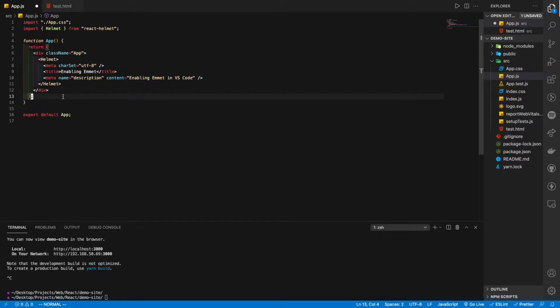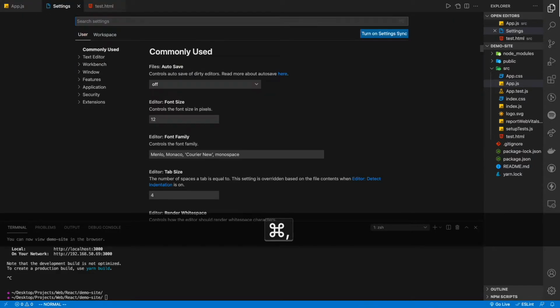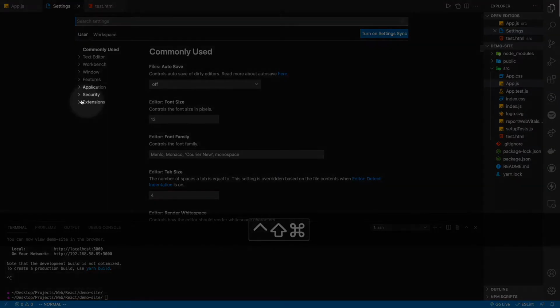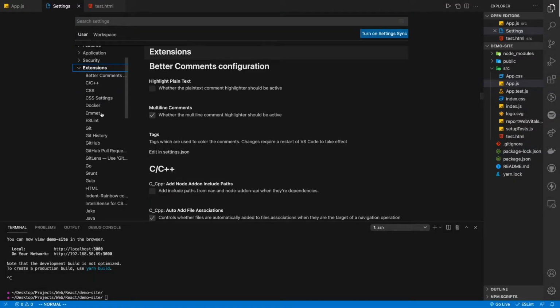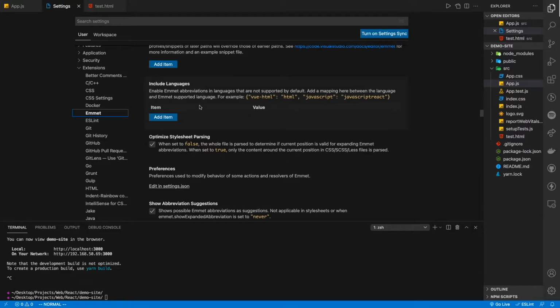Alright, so the first way, which is perhaps simpler for most people, is to open up your settings by doing Command comma or Control comma on Windows, and then under the Extensions tab over here, click on it, and look for Emmet, which is by default already enabled, but here you need to also add in JavaScript React. So if I click Add Item, I can just copy this JavaScript and paste it here, and JavaScript React,